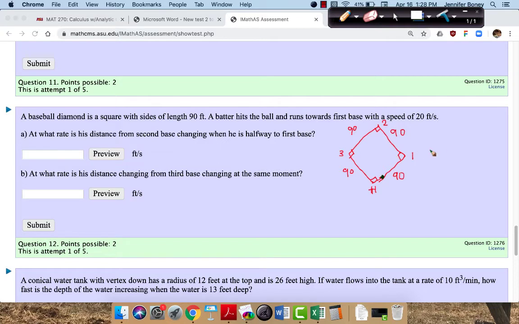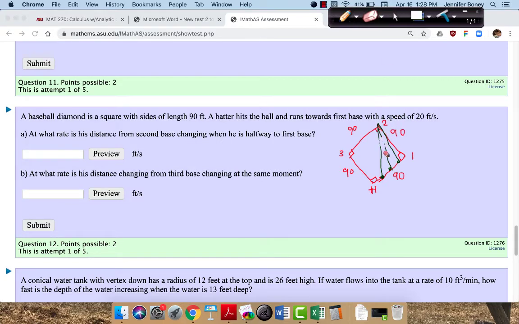It's talking about straight line distance, meaning when he's at home plate, he's the farthest away from second base he's ever going to be. Once he starts running closer to first base, although he's not running directly towards second, his distance to second base is getting closer all the time, until eventually when he's at first base, he's 90 feet away. He started out at 90 times square root of 2 feet away. So in any case, let